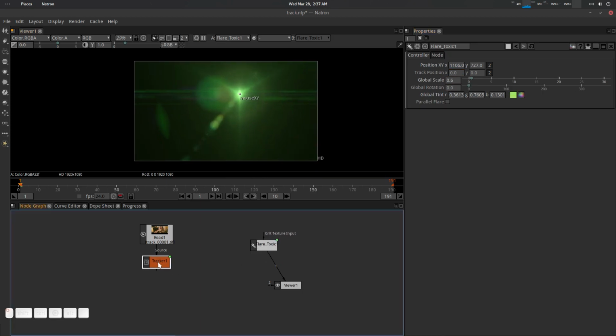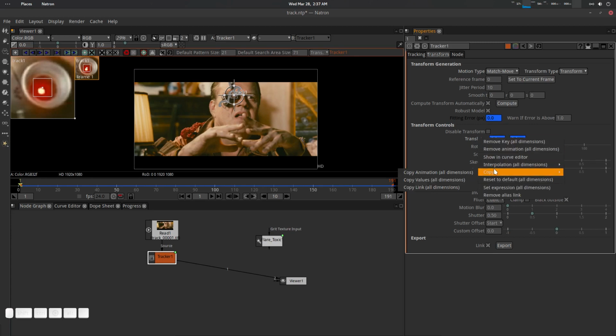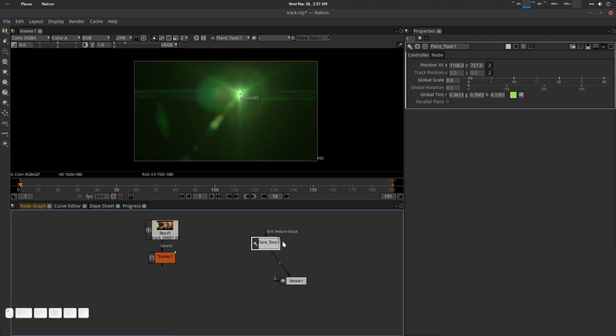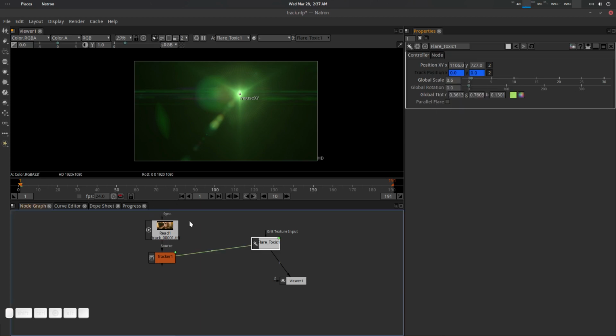Alright, so what we need to do here is basically go to the tracker and copy this translate X, or whatever it is, translate XY. So let's copy this value, right click, copy link all dimension. Okay, now let's go to the flare, and in track position XY, track position, right click, paste link all dimension. Yep, that's it. So now we have our animated